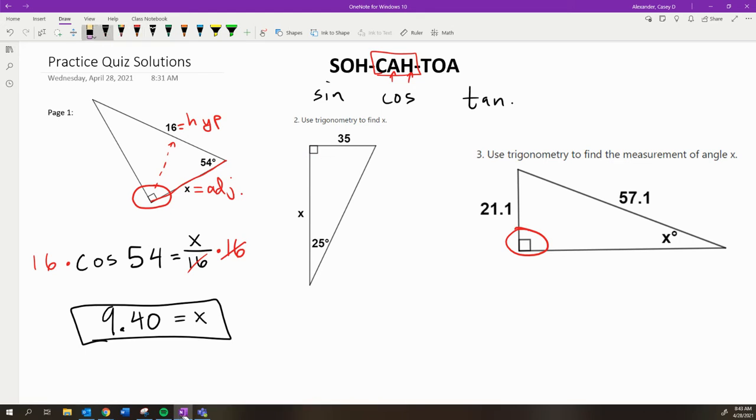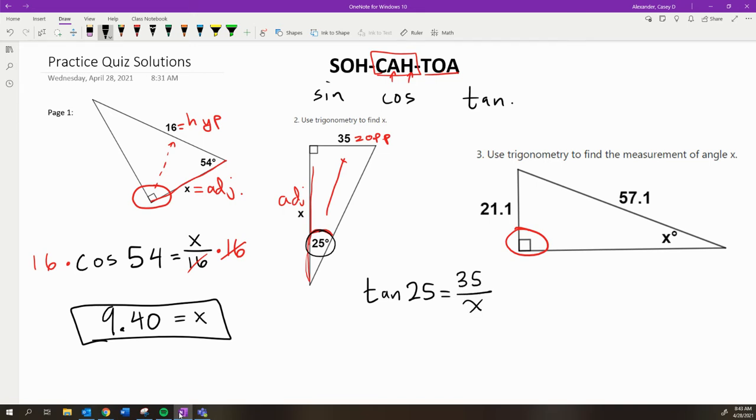Same deal, we've got to figure out which trig ratio we are using. So with relation to this 25-degree angle, looks like this 35 is opposite, and this side here, well, it's not the hypotenuse, so that's the adjacent side. So in this case, we're going to use tangent, because tangent is opposite over adjacent. So we'll start by writing our equation. The tangent of 25 degrees, the angle is always the input to the trig function, and then that equals opposite